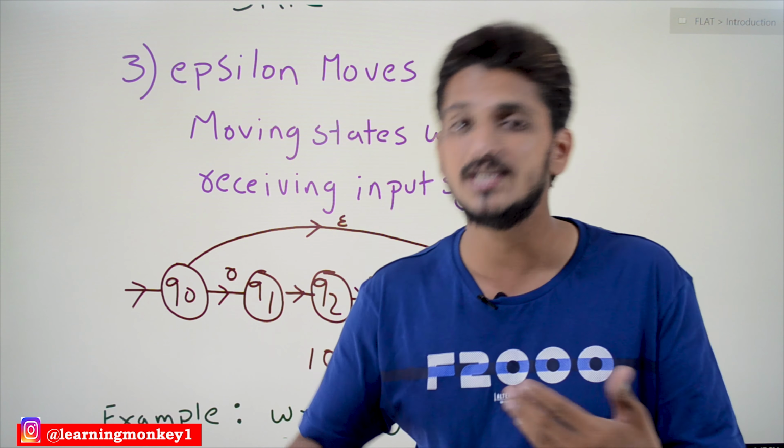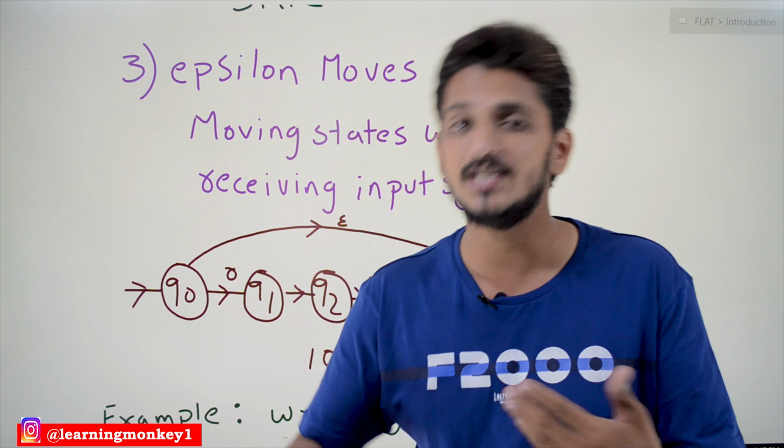Let's take an example for better understanding of the use of NFA with epsilon moves: write logic to identify floating point numbers. So we have to write an NFA that accepts floating point numbers. The inputs are plus, minus, and 0 to 9. 0 to 9 means any digit from 0, 1, 2 up to 9. These are the input symbols which we consider.